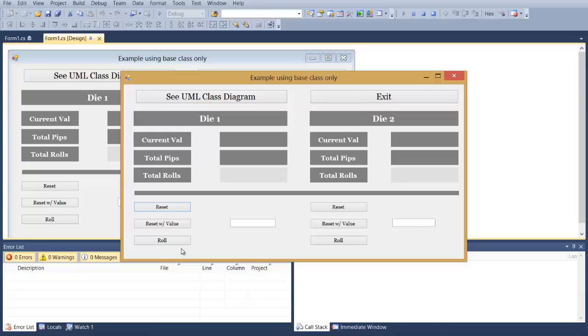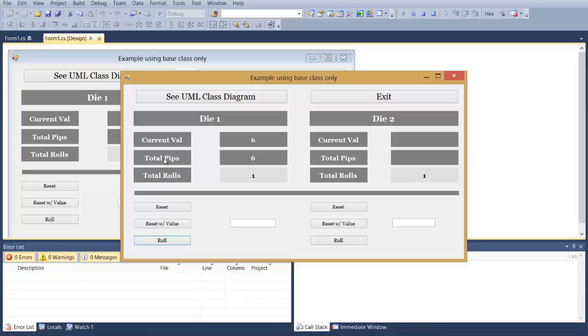I can stare at it all I want to, but if I want to really interact with it, my principal behavior that I want to invoke from the die is a roll. So I'm going to roll the die, and if it is a standard die, it's going to have 6 sides, and on side 1 there's 1 pip, side 2 there's 2 pips, continuing to side 6 where there's 6 pips. As I have rolled this die for the first time, notice total rolls is 1,